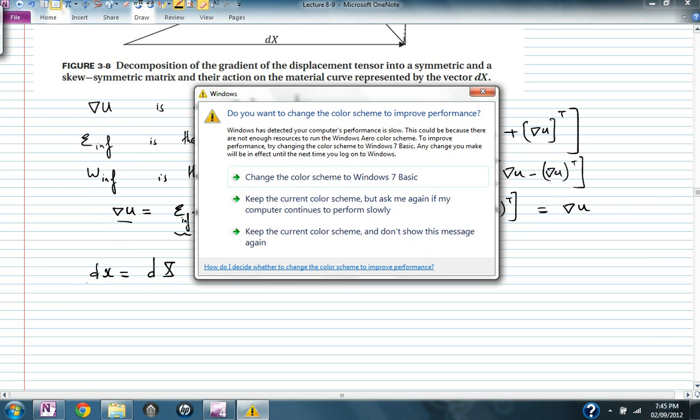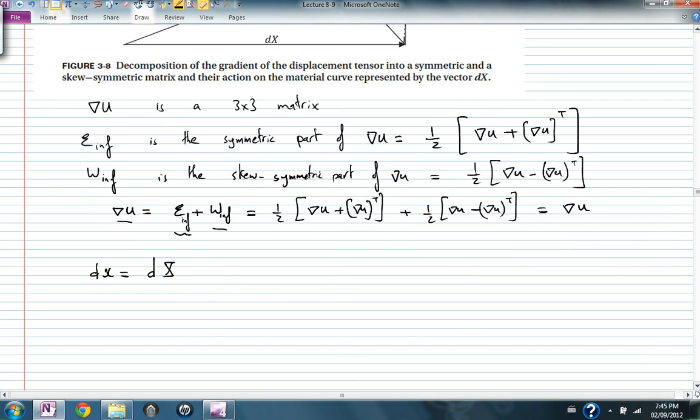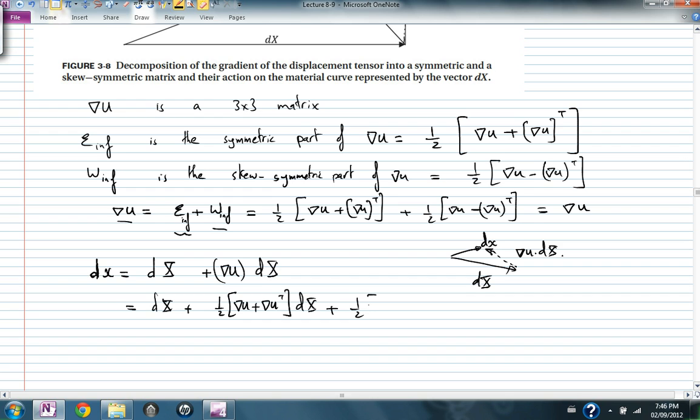So if I have a small vector dx after deformation, it is equal to the original plus the gradient of u multiplied by dx. Originally it was capital dx, and then this changed by the gradient of u multiplied by capital dx. This is equal to dx plus half the gradient of u plus the gradient of u transpose dx plus half the gradient of u minus the gradient of u transpose dx,